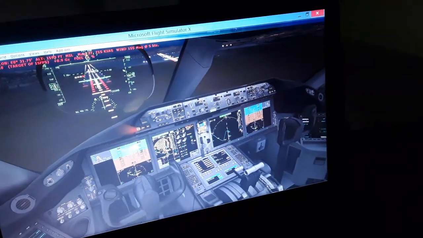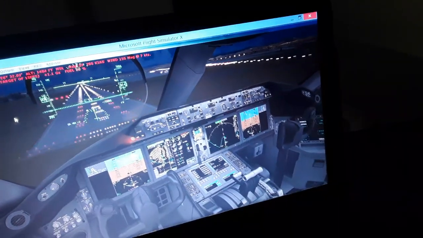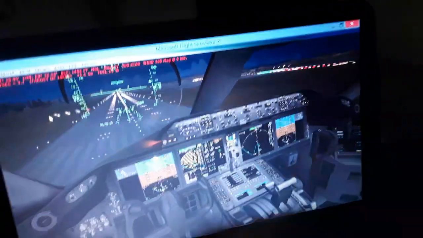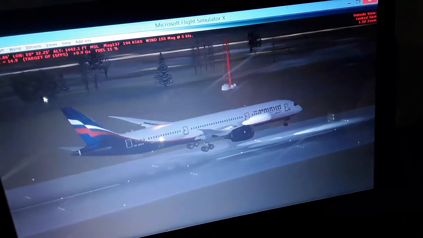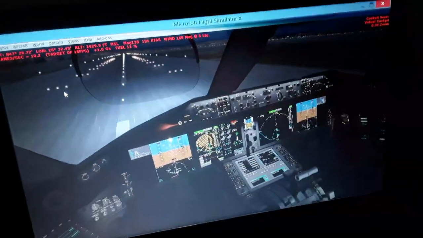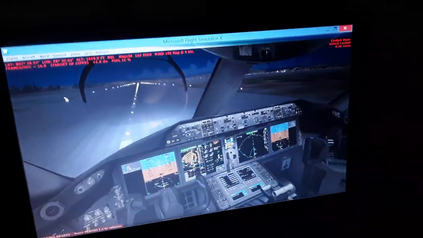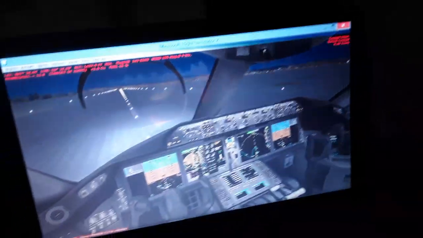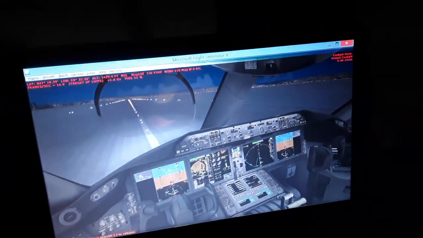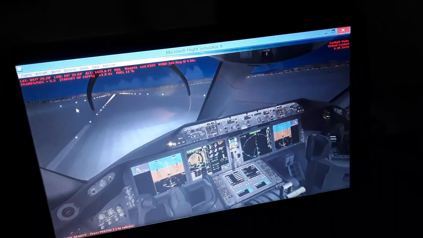Increase a little bit the rate of descent, and we need to level off for the flare. So the flare is here. We flare the airplane. As you can see, beautiful flare, beautiful touchdown. Very professional. Align with the center line also. Parking brakes and idle thrust and thrust reverse over here. So we align with the center line. Some side wind, and thrust reverse. As you can see, thrust reverse. Slow down the